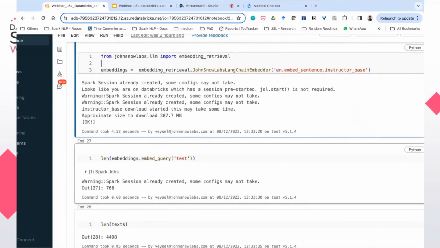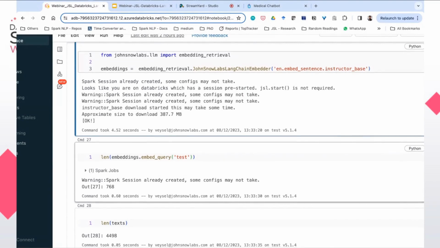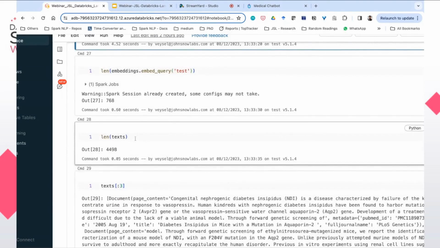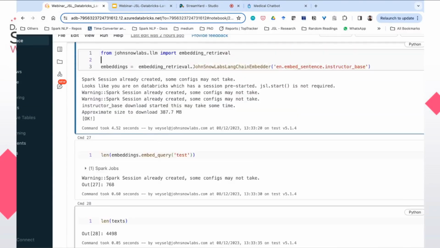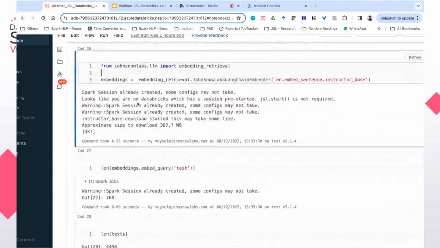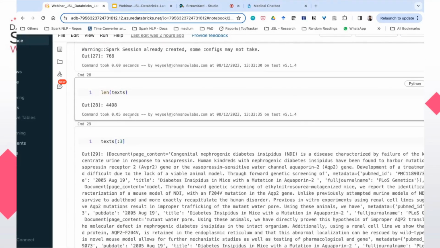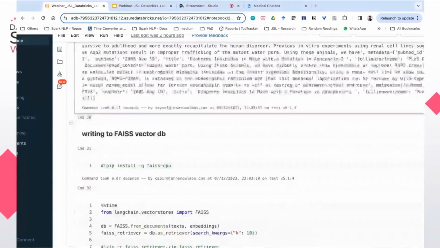The idea is gathering the embeddings of any query that you might feed. As you see, I have around 4,500 splits generated out of 1,000 documents. It's still splitting right now. So there will be maybe 5 times more splits than the original document size. Now, when I gather the embeddings,